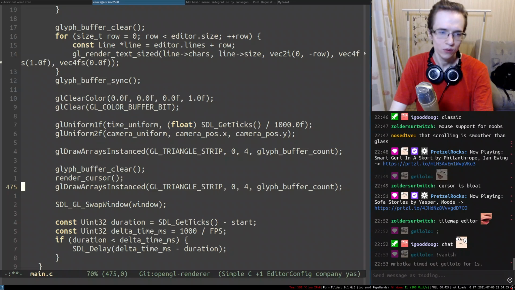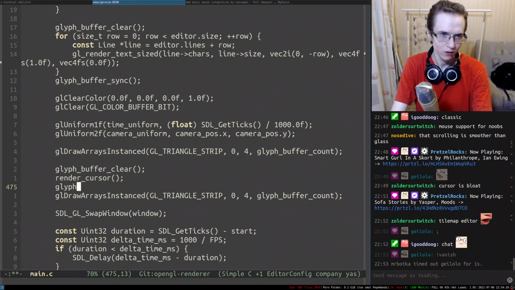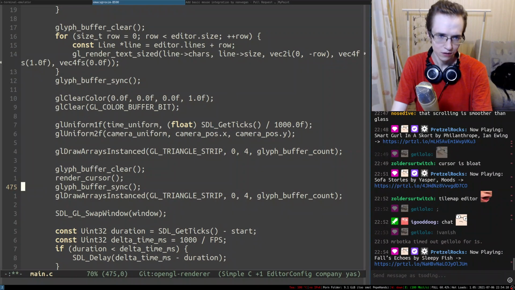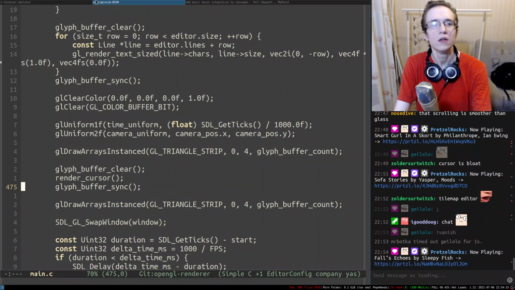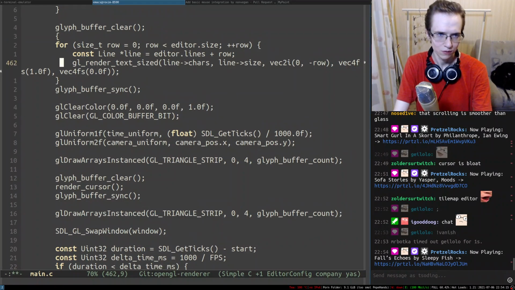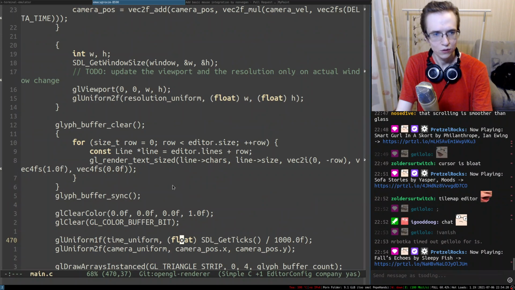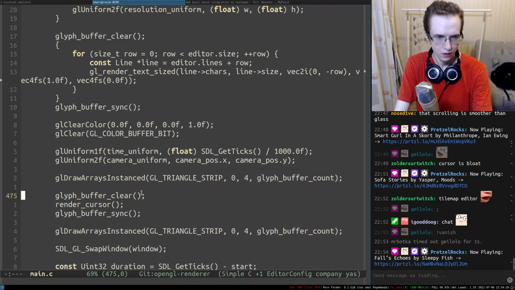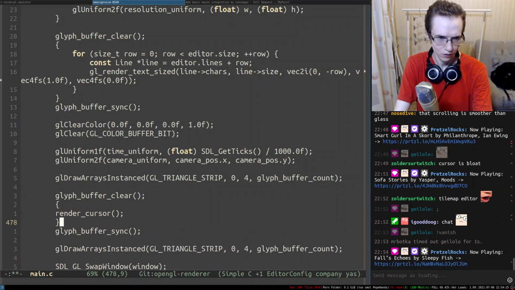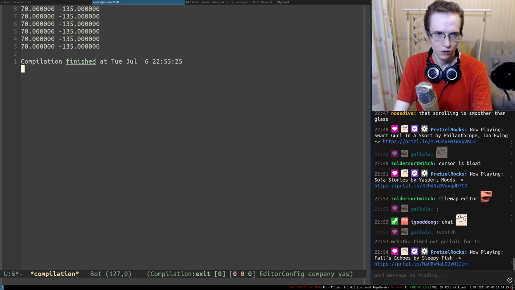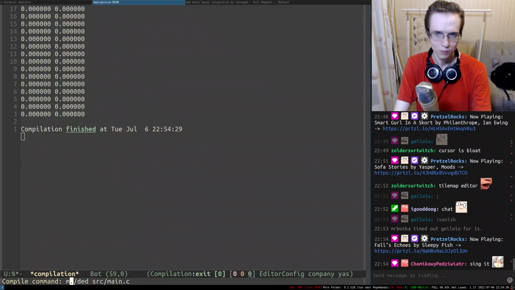To be fair, you have to sync it, right? So you have to do glyph buffer sync. So we can even try to do something like that. So then you perform a call, and here you're gonna do another one. All right, so let me try to recompile this entire thing.